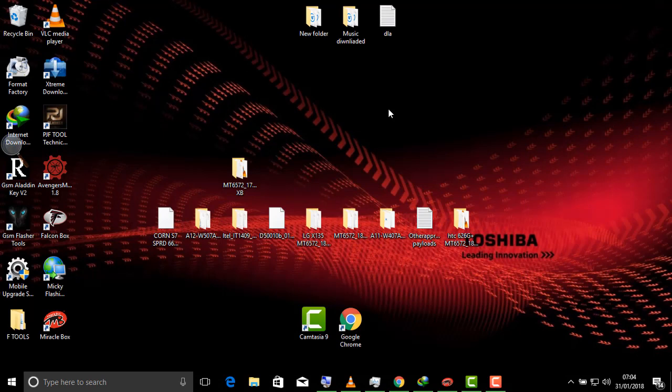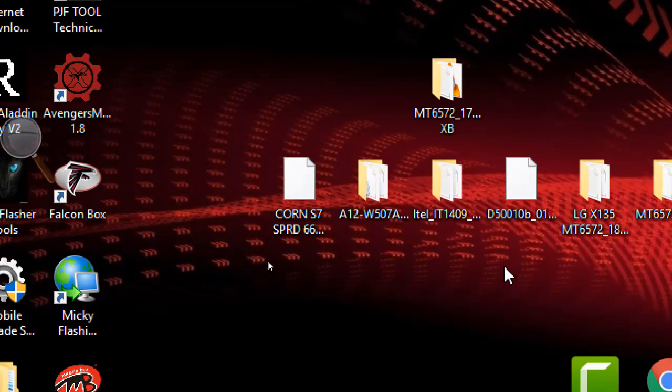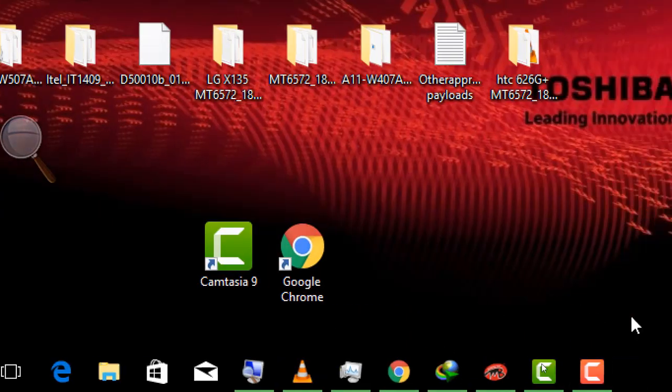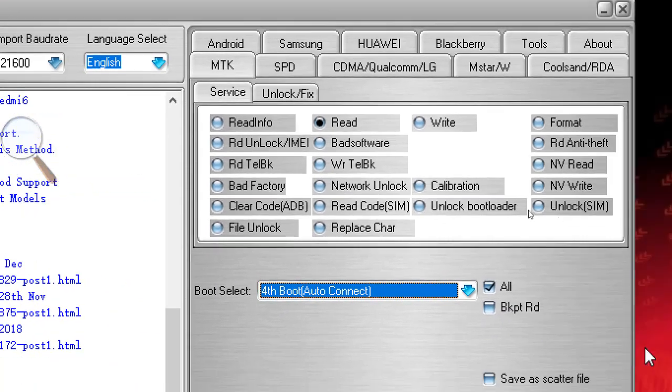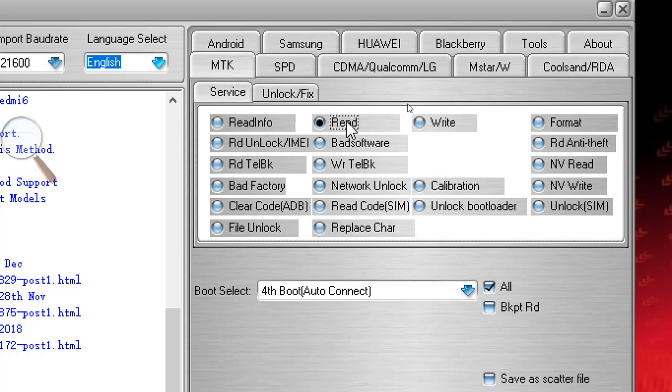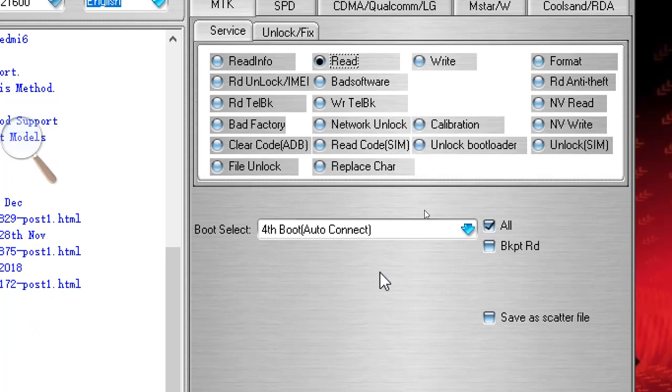ROM for the device. And in this case, which is going to be a case that will work for most of the MediaTek devices all around the world, just follow along. You have to use a Miracle Box. First thing first, you have to come to the tab of MTK, select read, which is to back up the actual ROM of our device, which is supposed to be an HTC device,